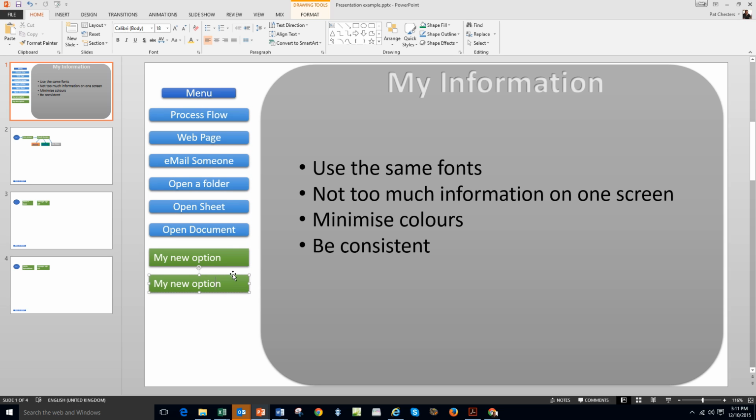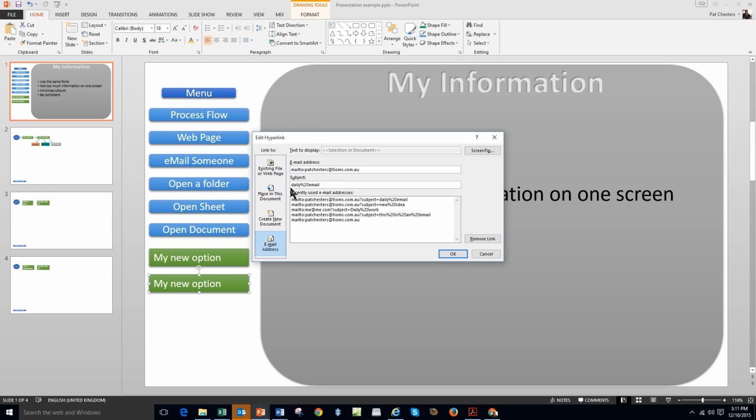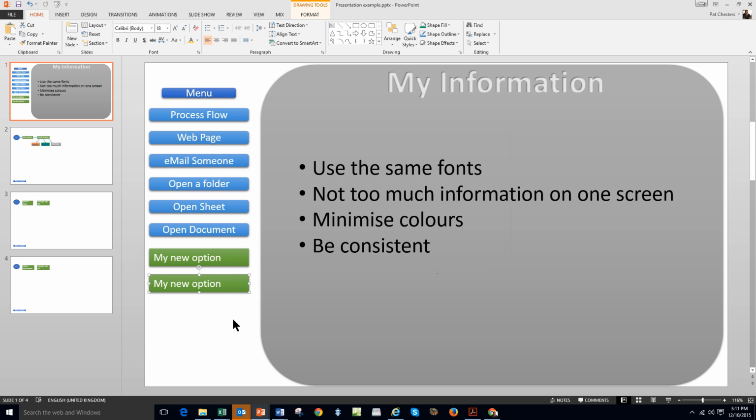change my text, right click in there, and edit the hyperlink to be something else. I'll just delete that out of the way. So let's have a look how these work. Go to my slideshow button at the bottom,